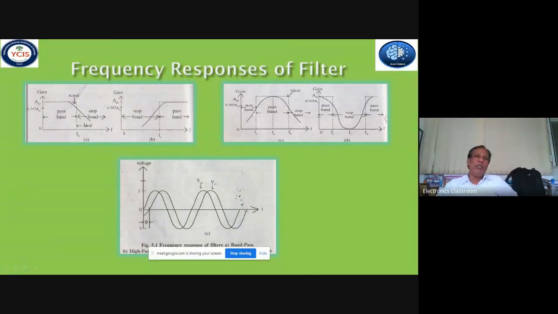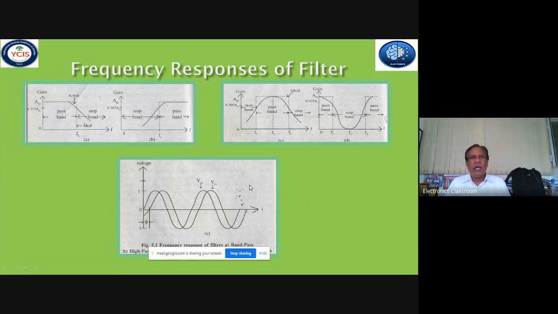So this is the only limitation of the all pass filter, and in order to correct the phase difference, we can also use the all pass filter or phase corrector circuit in the overall transmission communication system. So this is all about the fundamental filters, that is low pass filter, high pass filter, band pass